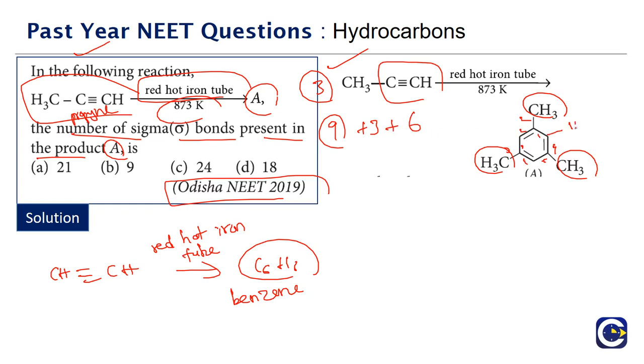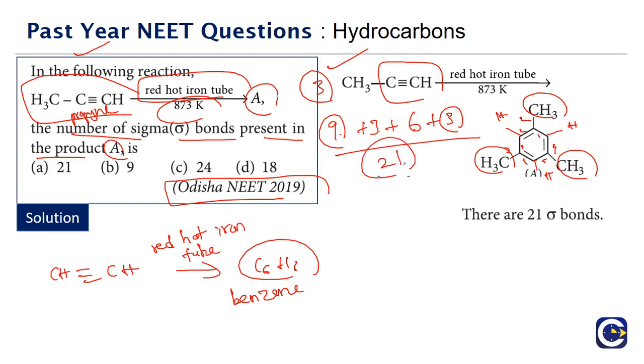And don't forget that the carbons which do not have the methyl group have hydrogens attached. We don't show them in the structure, but they are there. Only the carbons having methyl groups attached will not have any hydrogens, because the valence is already complete. The other carbons have hydrogens, which means there will be 3 more carbon-hydrogen bonds, formed by the carbons of the benzene ring. So the total count is 9 plus 3 is 12, 12 plus 6 is 18, 18 plus 3 is 21.